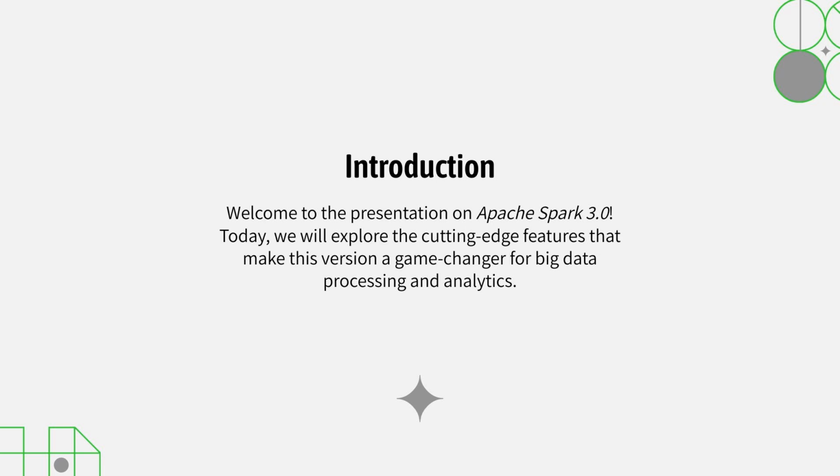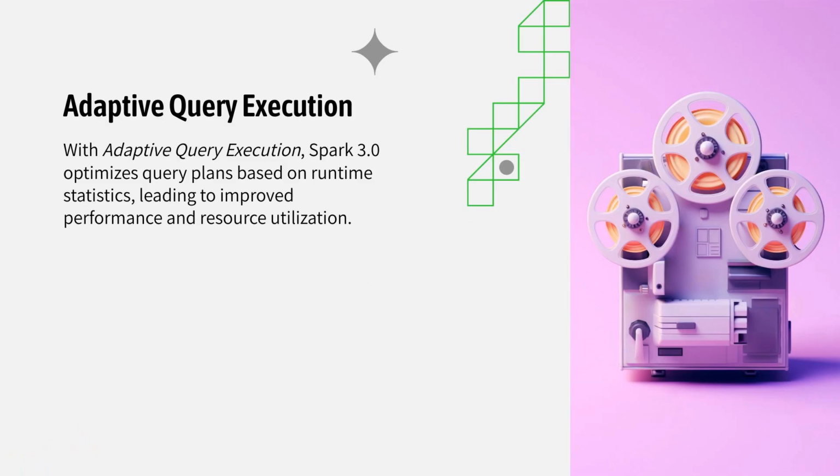In this blog post, we'll take a closer look at some of the most notable features introduced in Apache Spark 3+. Building upon the adaptive query execution, AQE, feature introduced in Spark 3.0, version 3.1 further refines AQE to provide better adaptive optimization during query execution. This allows Spark to dynamically adjust its query execution strategy based on runtime statistics, leading to improved performance and resource